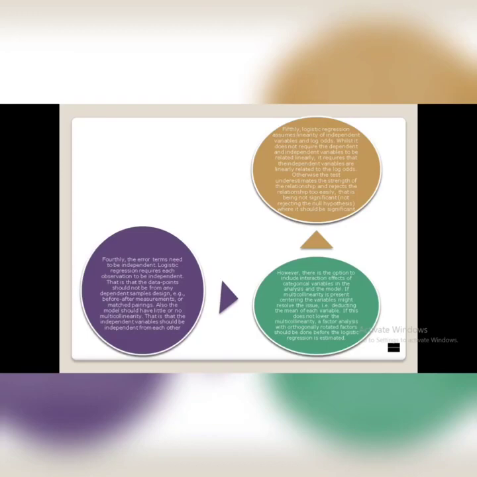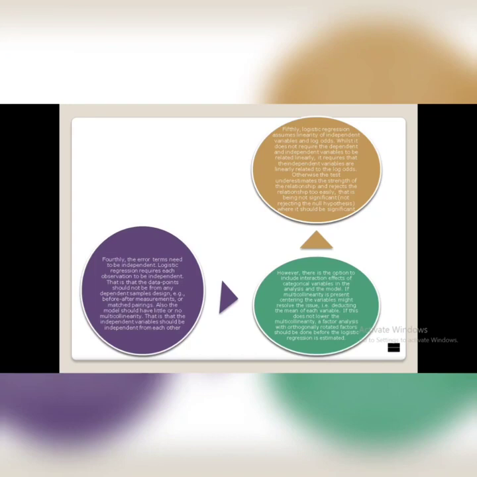If multicollinearity is present, centering the variables might resolve the issue, that is, subtracting the mean of each variable. If this does not lower the multicollinearity, a factor analysis with orthogonally rotated factors should be done before the logistic regression is estimated. Fifthly, logistic regression assumes linearity of independent variables and log odds. While it does not require the dependent and independent variables to be related linearly, it requires that the independent variables are linearly related to the log odds.